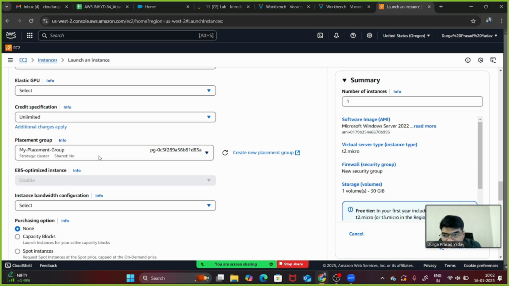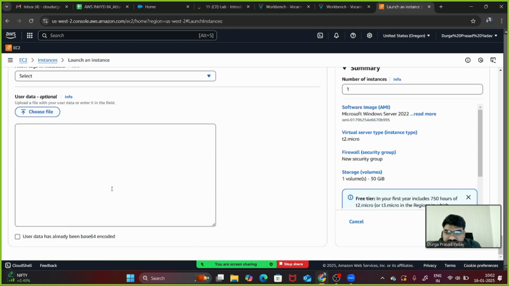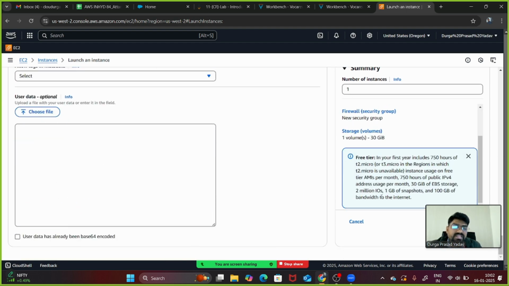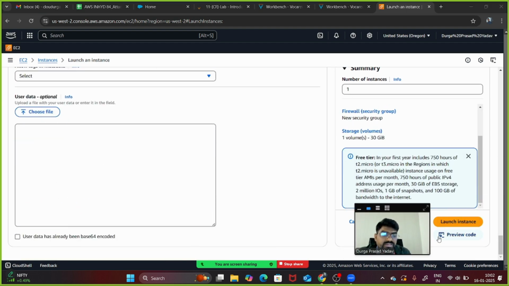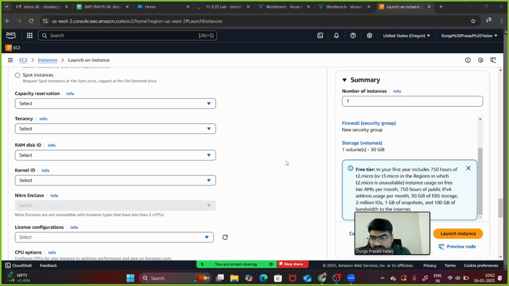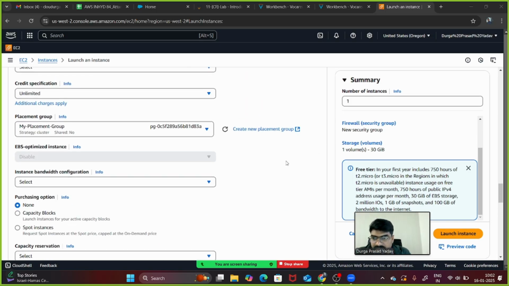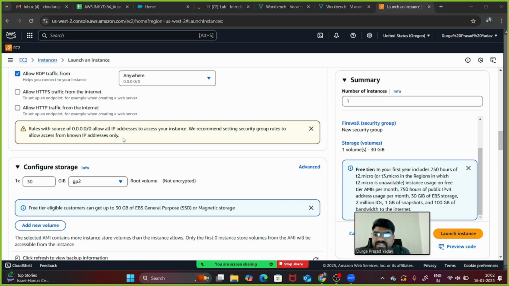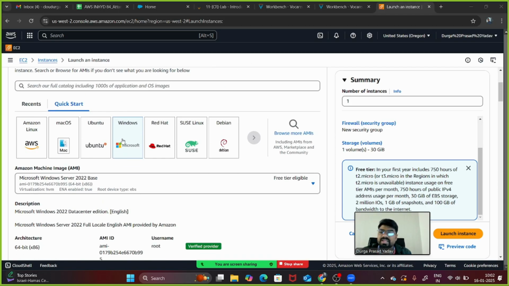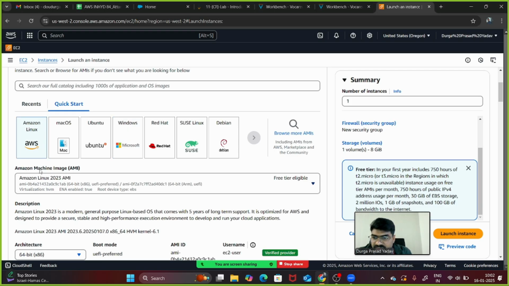Let's say if you are creating cluster, so you can keep one machine here, you can create this machine, and the second machine also you can launch, it will go into the placement group 1 in the cluster. In second machine if you create, that will also go into the same cluster. For example, I will just try to create for you to understand.